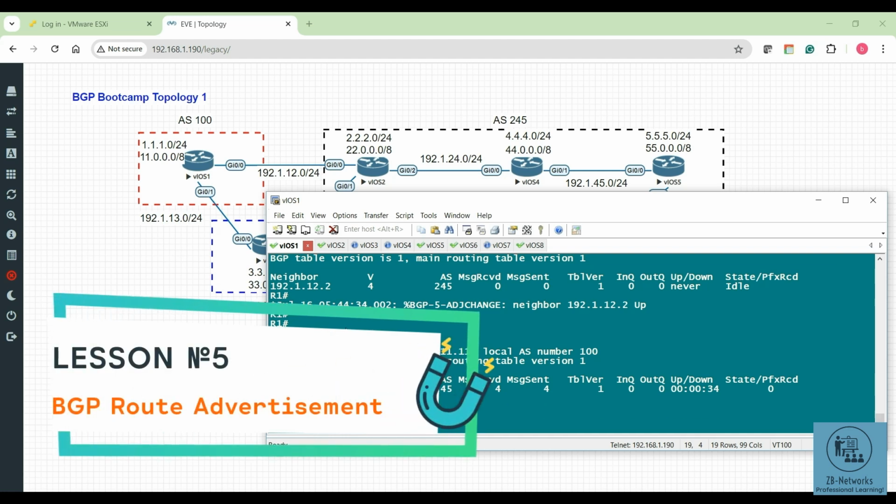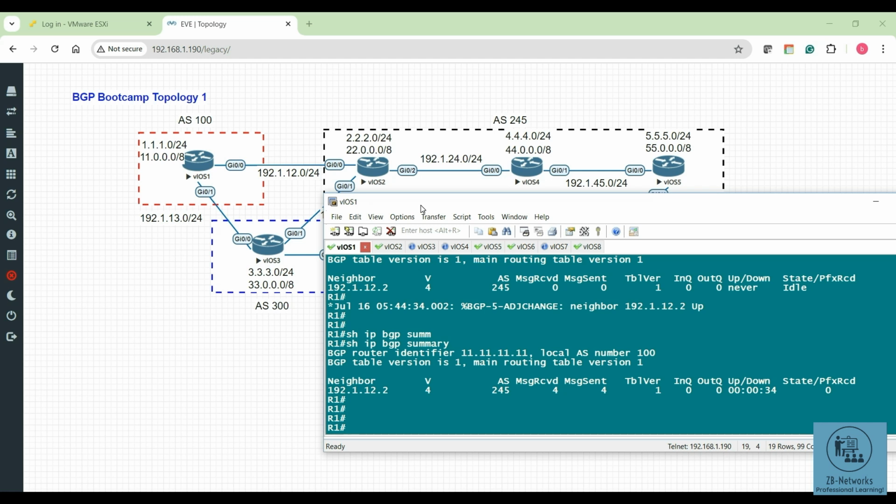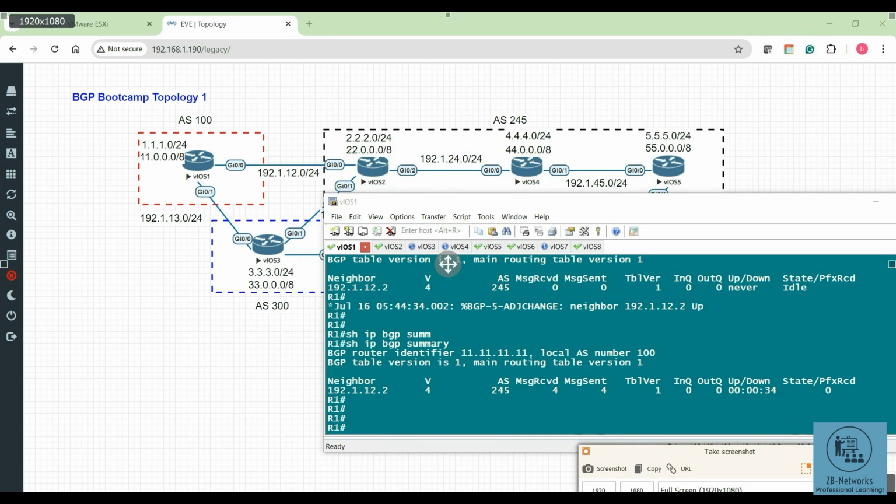Next would be to advertise the prefix. To advertise the prefix, what we normally do is use the network command. So we run something called the network command to advertise the prefix. One thing to be noted here is, if I need to advertise a prefix into the BGP